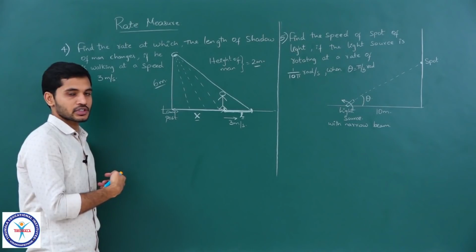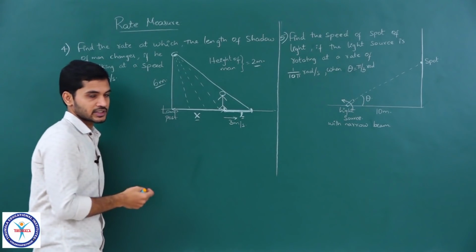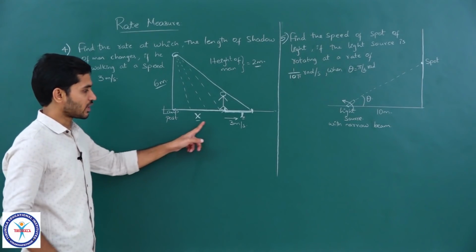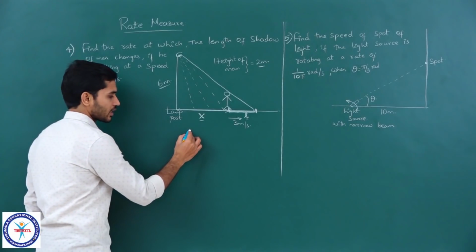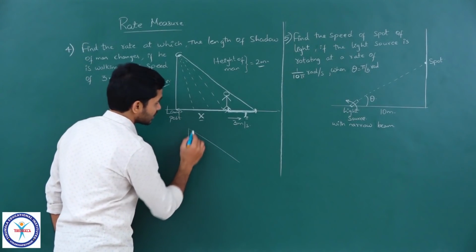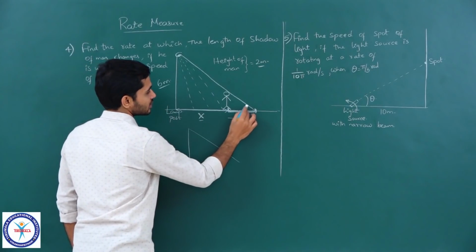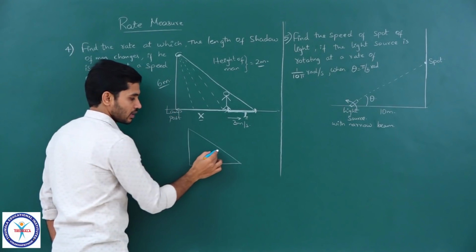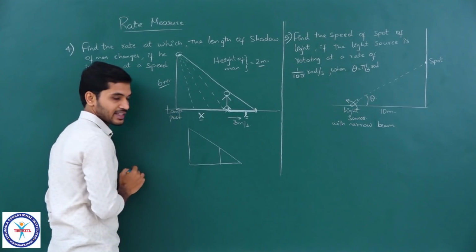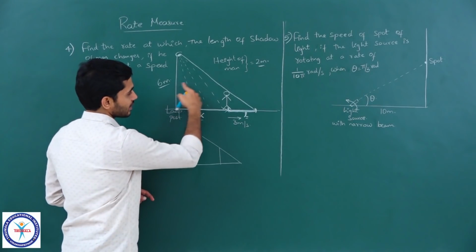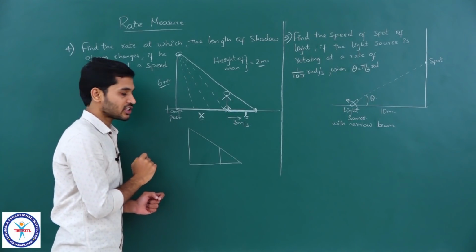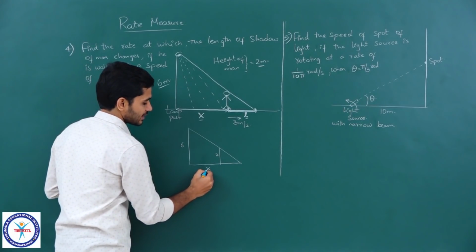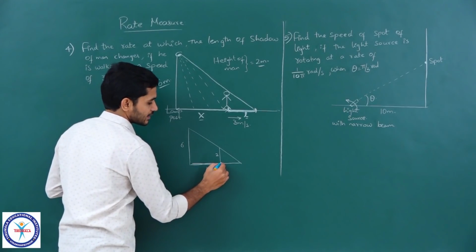So we need to establish a relation between x and L first. By now you must have had an idea of what relation x and L would have, because I can use the concept of similar triangles, right? You can see two similar triangles being formed here, this big triangle which I am drawing here separately. So this is, let us say, the bigger triangle, and this is the man's height. In this way we can see two triangles which are similar to each other being formed. This length is 6, this length is 2, this length is x from here to here, and this length is y.